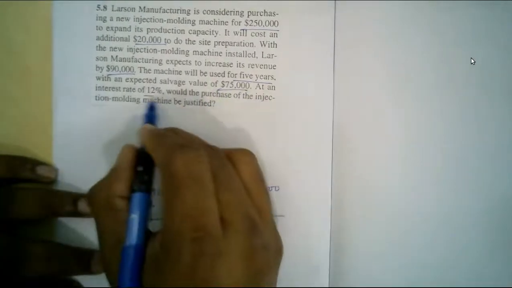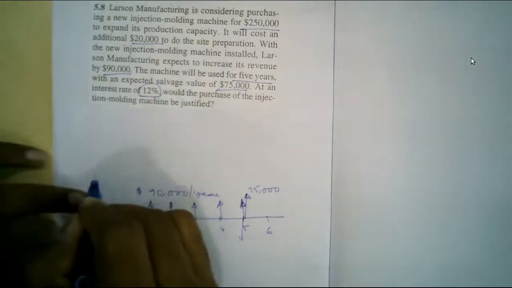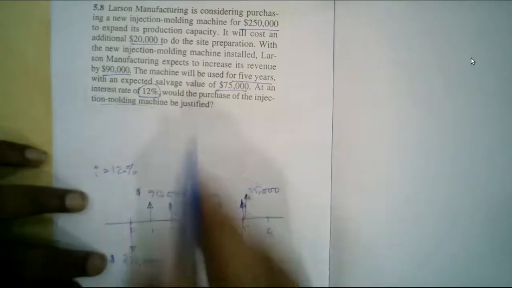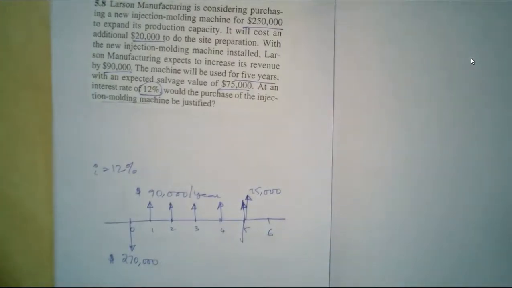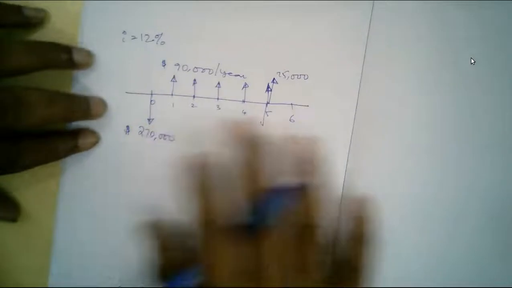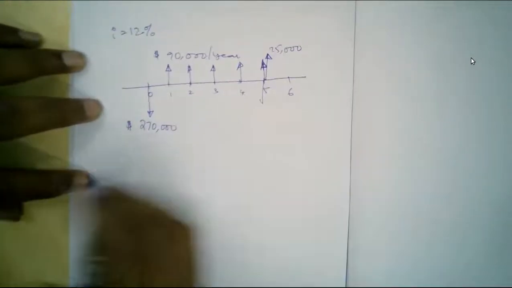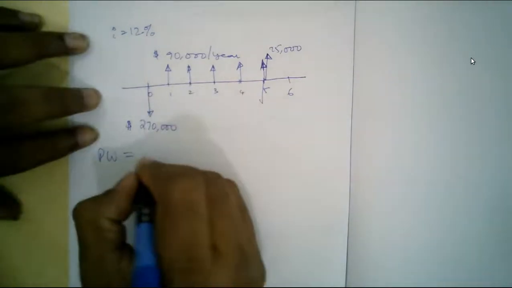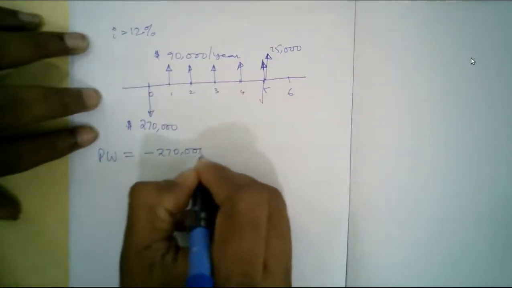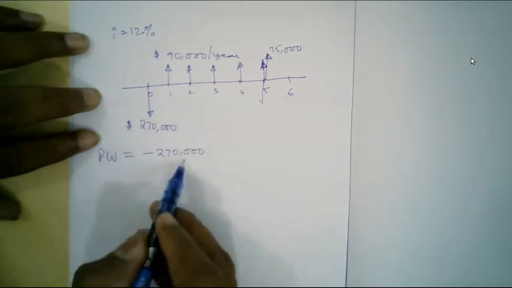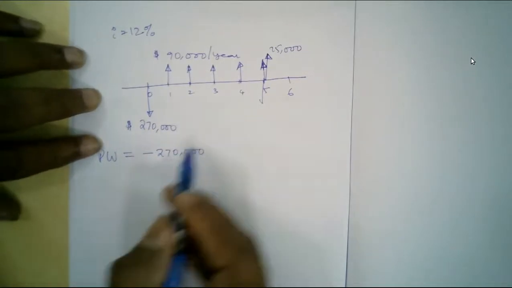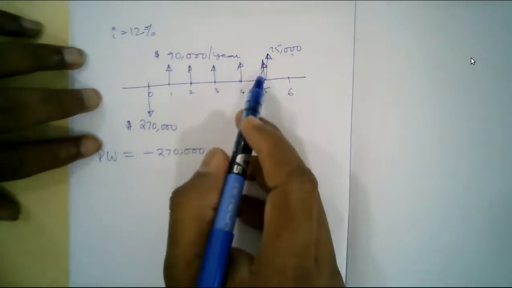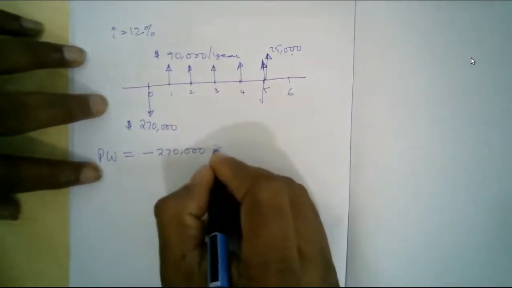At an interest rate of 12%. What would be, so here, the interest rate for this cash flow is 12%. What would be the purchase of injection molding machine, whether it is justified? So let us try to calculate the present worth. Okay, so what is the present worth? So present worth already starts with this minus 270,000. Okay, because this is in the 0th year, it will come directly. Then there are two things. Okay, so there is a salvage value of 75 and equal payments of 90. So here plus 90,000